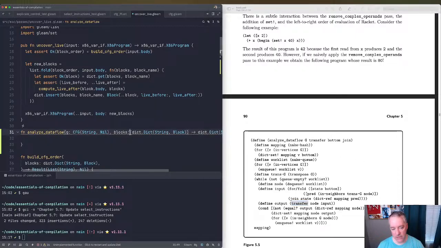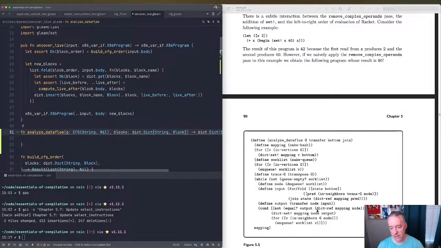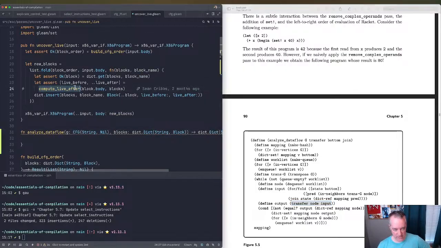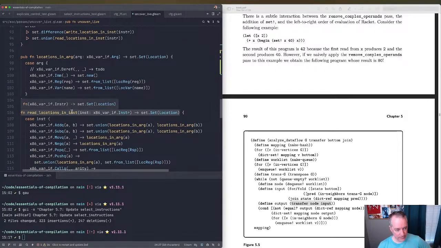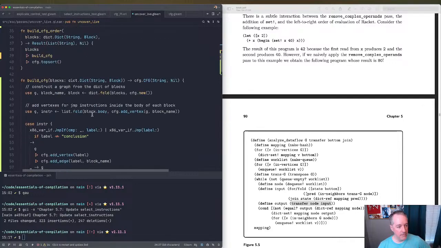Like what they are doing is the transfer function has captured the set of blocks so that it can perform, like, analyze the statements in there and, iterating over them and so forth. So, like, we're still going to use compute live after or some form of it, but it's going to take, rather than